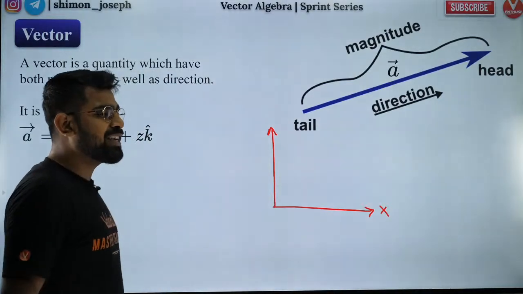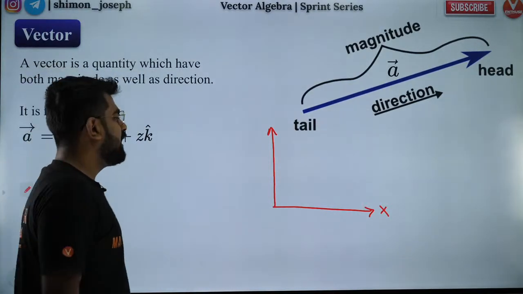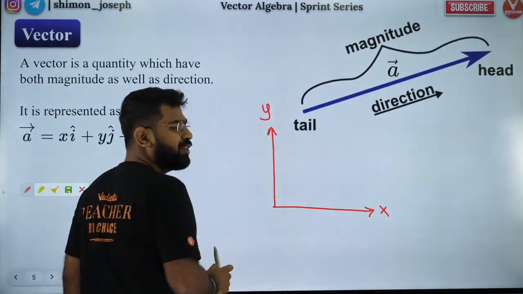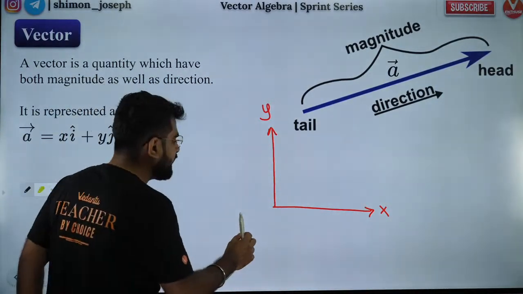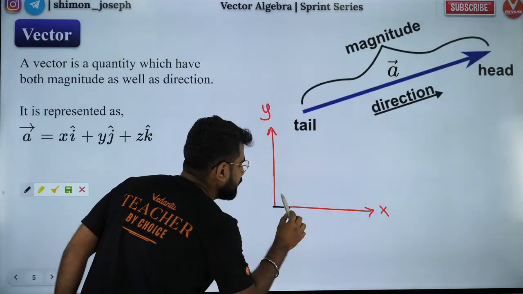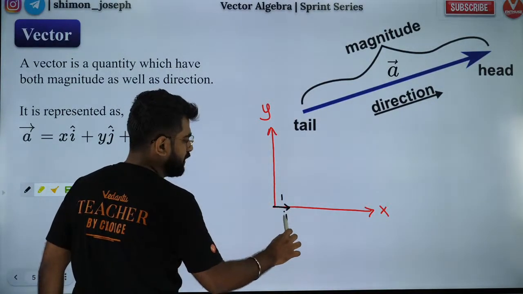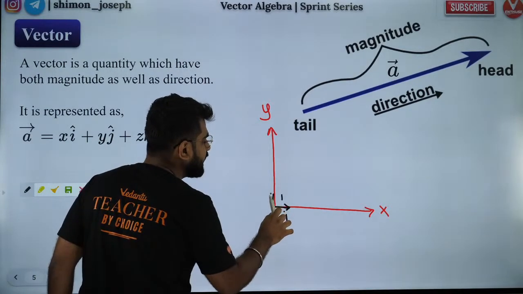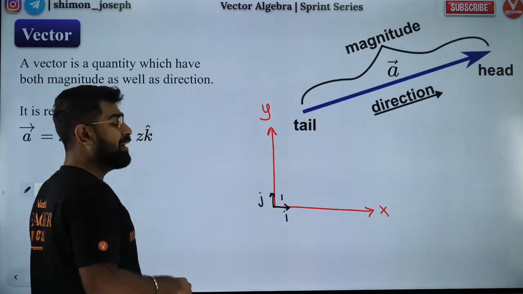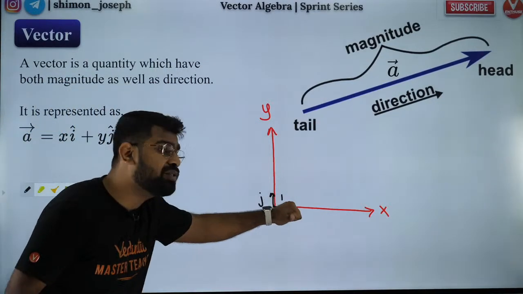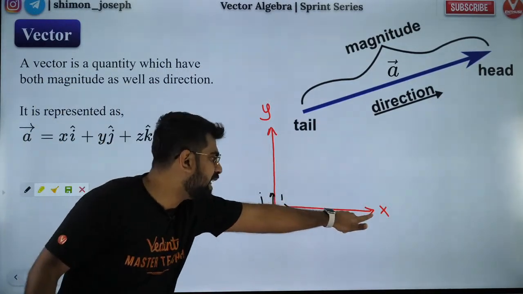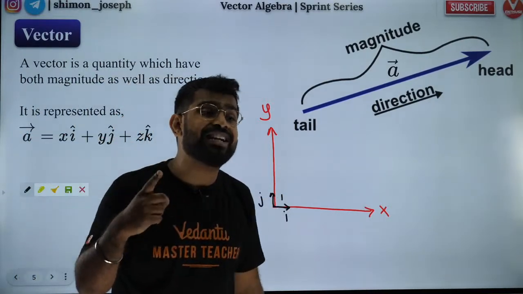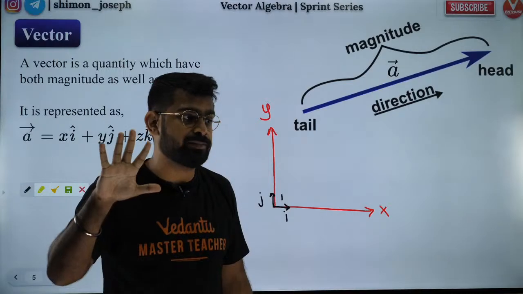Okay, so guys, let's continue. Like I said, your x-axis and y-axis are there, right? A unit vector means a vector with magnitude 1. That is called i cap. i cap is the unit vector in the x-axis direction. The unit vector in the y-axis direction is j cap. And the z-axis will come outside. So if x is like this, y is like this, z-axis will be like this. Guys, you cannot draw x, y, z the way you want. Are you all aware of that?